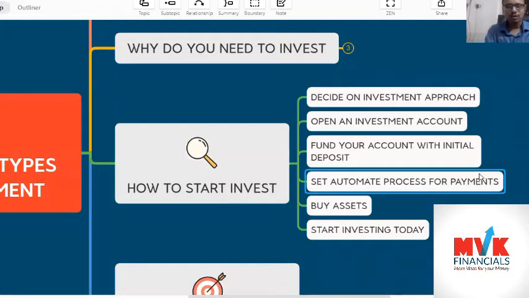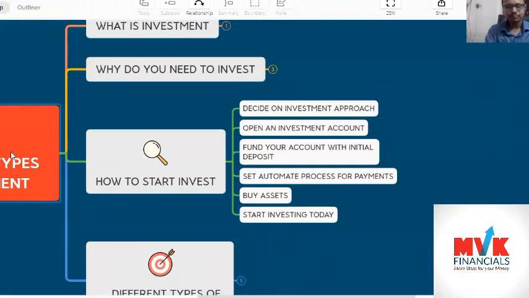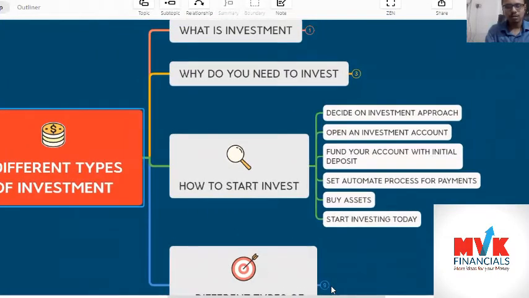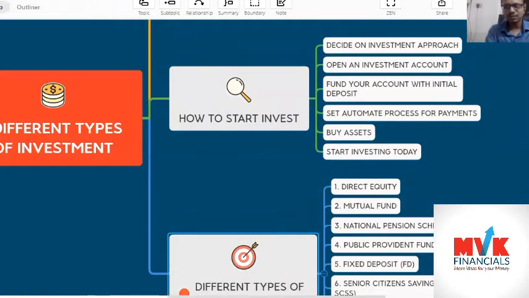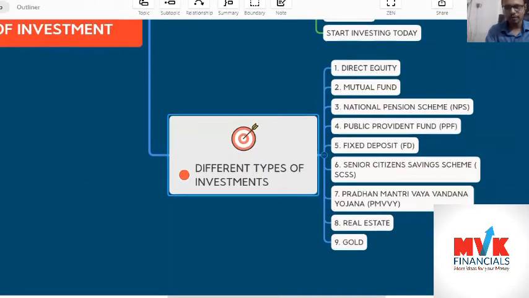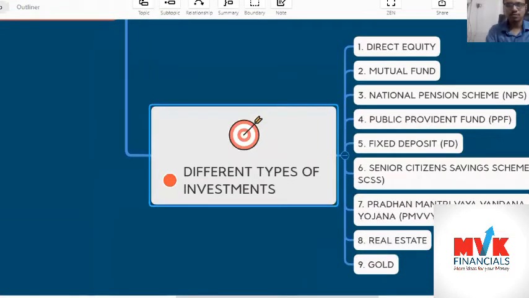Okay. Now coming back to our topic. Difference of investment. So this is very important. This is exactly what our topic is all about. Okay, you are able to see. Right. So what exactly